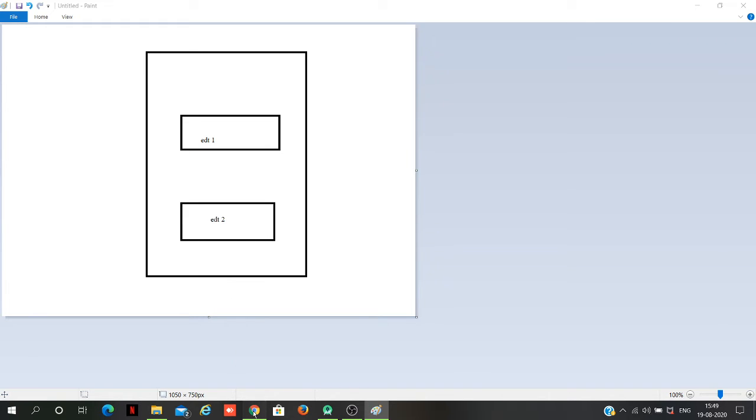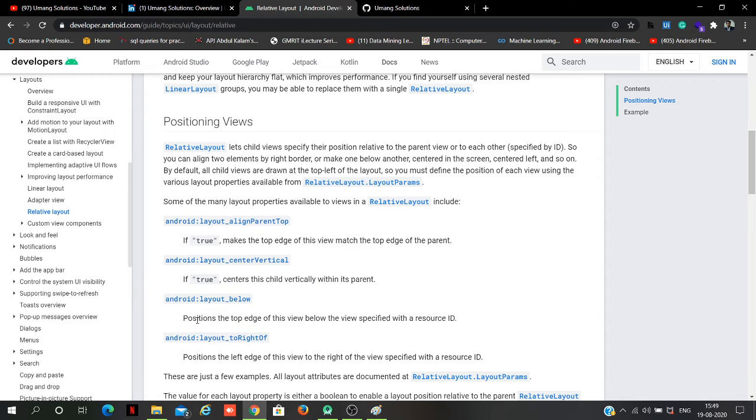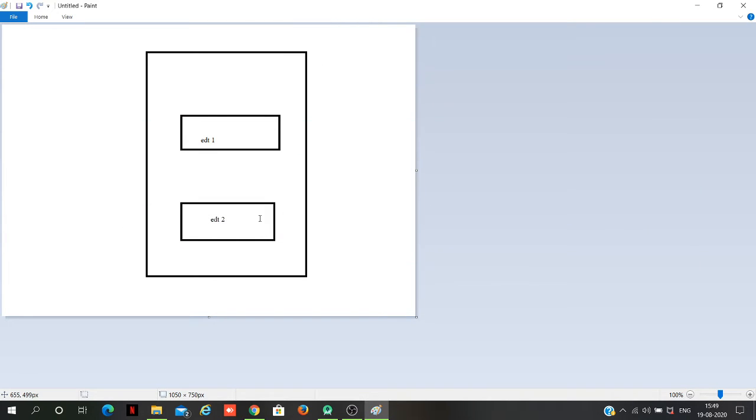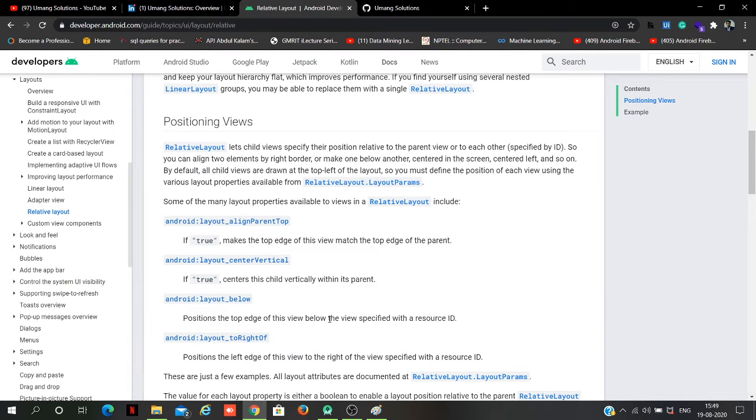So what does this property do? This property positions the top edge of this view. If I use the property layout below for edit text 2, what will happen? It will align the top edge of my view below the view specified with a resource ID.